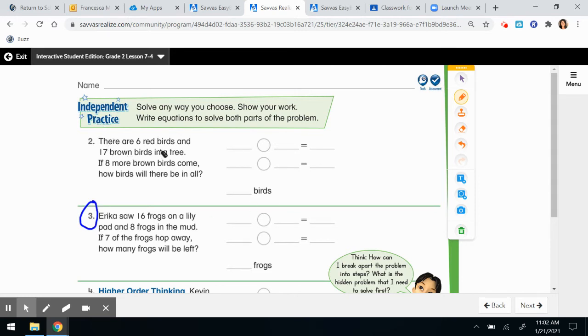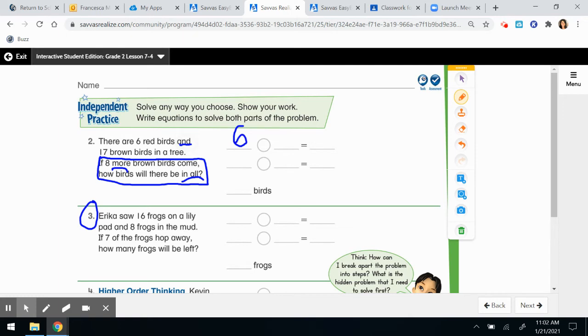There are 6 red birds and, there's that word and, 17 brown birds in a tree. If 8 more birds come, how many birds will there be in all? Well, before I find out this part, if 8 more brown birds come, before I find that out, I need to first know how many birds there are in all. So there are 6 red,